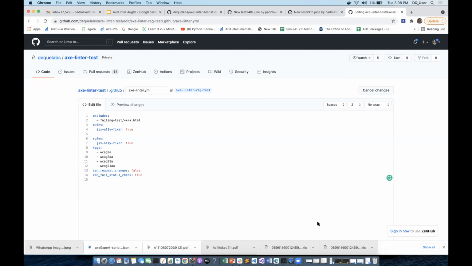I think the other question is, does it support Flutter code? No, we are working on it. Other than Visual Studio, in which tool can I use the linter? As I told you just now, at this point of time it is Visual Studio, but we'll have WebStorm as well as IntelliJ supported in the future.